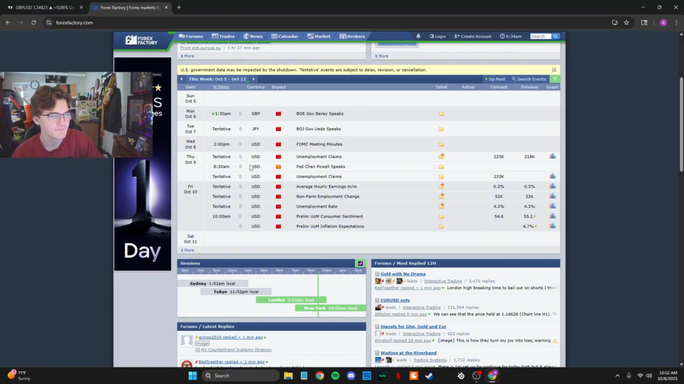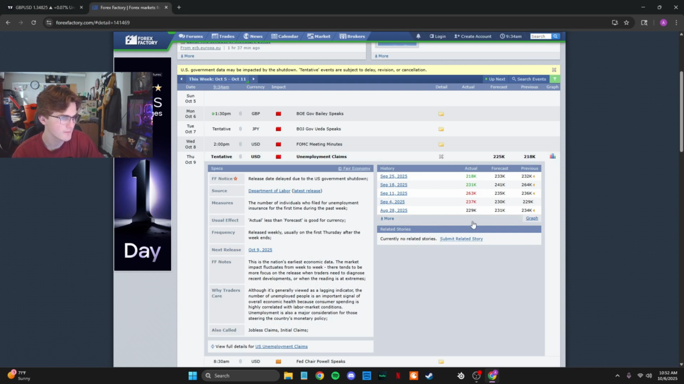And then unemployment claims. This would be a rough day with tentative 2 red folders. Unemployment could be good though, depending on the forecast of the news and how it comes out. You can see right here, actual less than forecast is good for currency. So these show that in